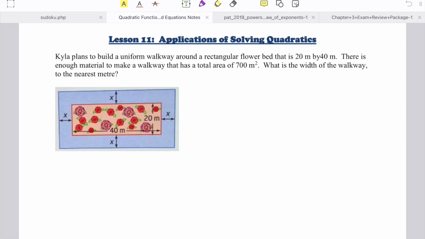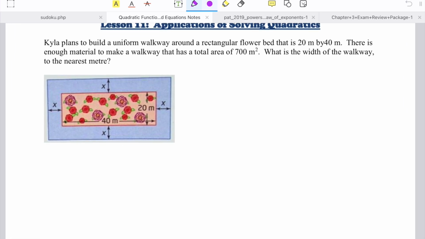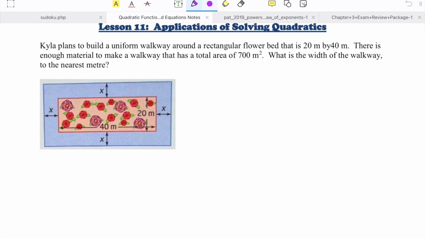Okay, lesson 11, page 56. So we talked about how to solve quadratic equations. Now a word problem is given to us and we'll have to solve this using quadratics and what we have learned so far. So Kyla plans to build a uniform walkway around a rectangular bed that is 20 meters by